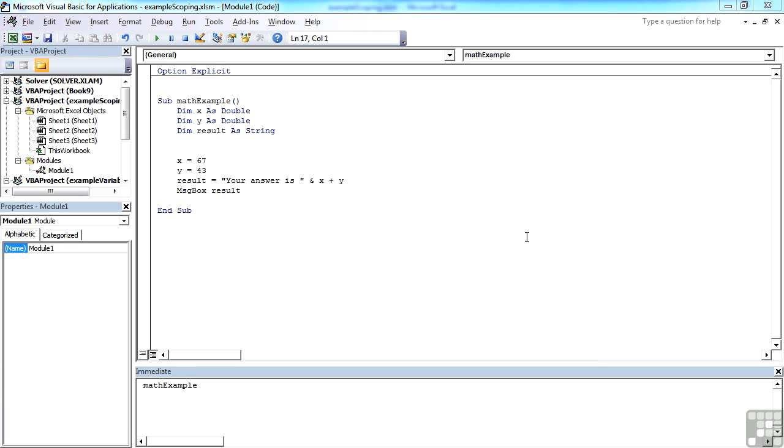So in our little example here, in the example scoping file, we've got 3 variables that have been defined within this sub-procedure called math example. The scope of those variables is actually just that procedure. We cannot make use of these variables outside of this procedure. They are declared at the beginning, they are used throughout the procedure. At the end of the procedure, so here we have end sub, they are discarded, they are thrown away,